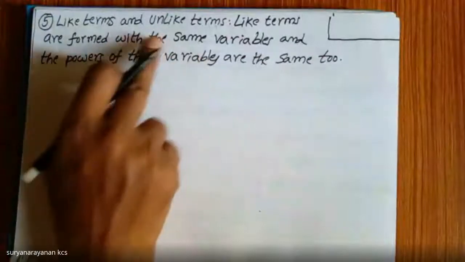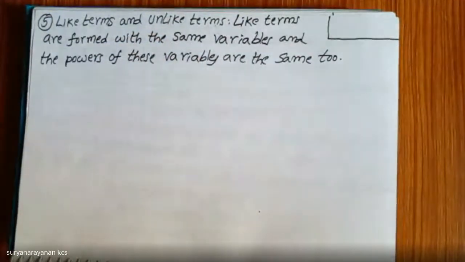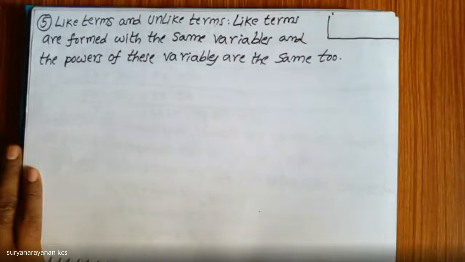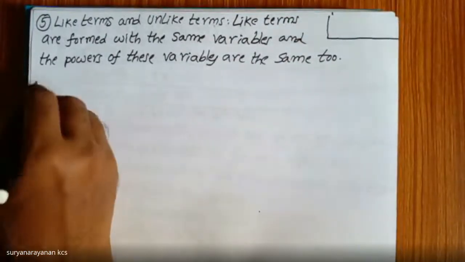If these two conditions are satisfied by given terms, then they are called like terms. Otherwise, they are not like terms. For example,